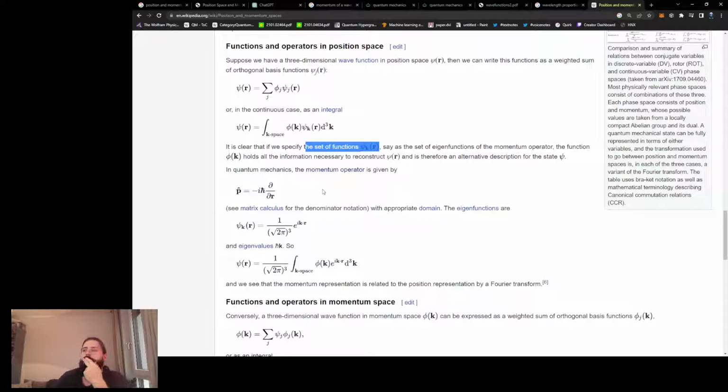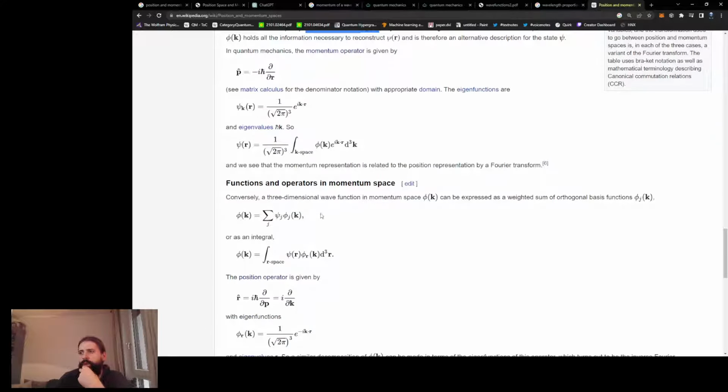Why am I doing that? So this is then the wave function in momentum space. And the other way around, it's just saying conversely wave function momentum space, right? It can be expressed as a weighted sum of orthogonal bases, and then we say, well, if the position operator